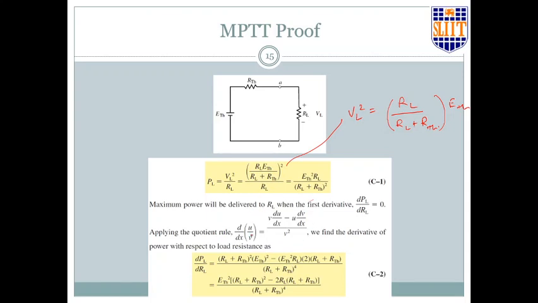In fact, d by dx of v over u is v du by dx minus u dv by dx over v square. Using that you get this